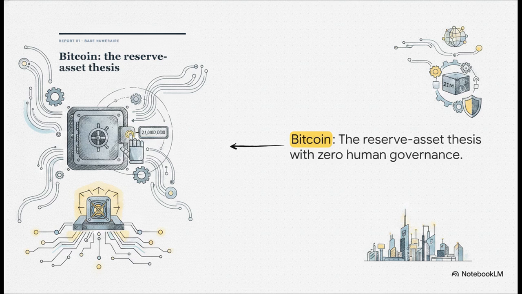And that leads directly to the reserve asset thesis for Bitcoin. Out of everything they evaluated, Bitcoin is the ultimate base numeraire, specifically because it flawlessly passes that no press release test. The supply schedule is unamendable. It's locked at 21 million. There is no central foundation that can suddenly issue a press release and change the rules. To a machine, it is the deepest, most mathematically secure Schelling point available.